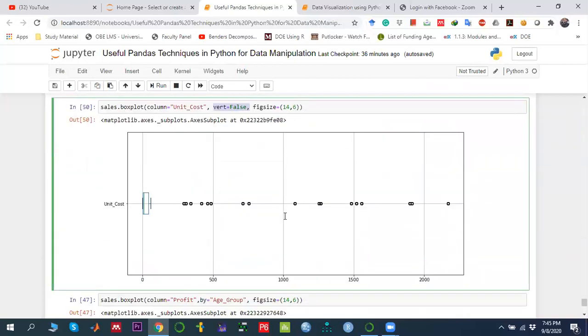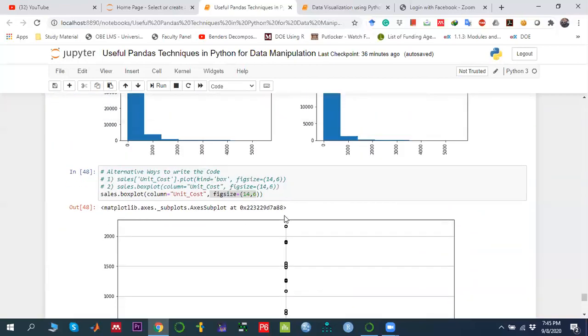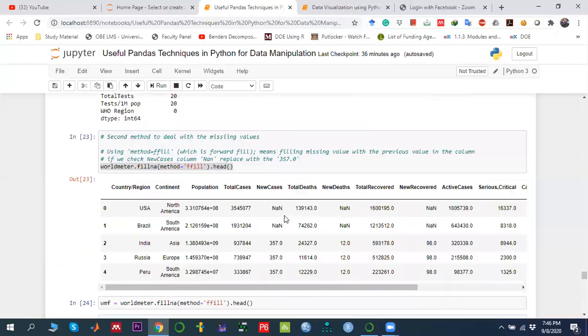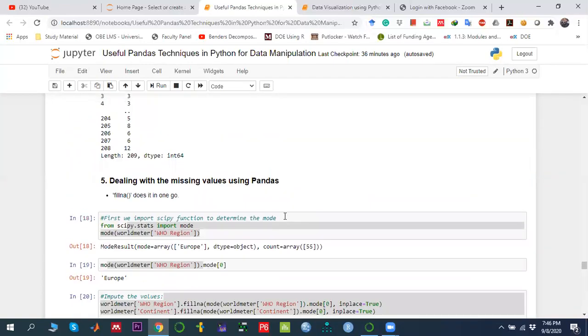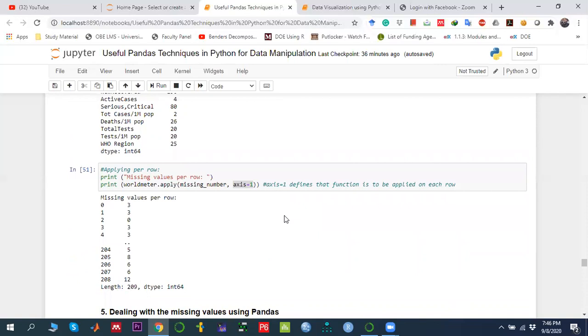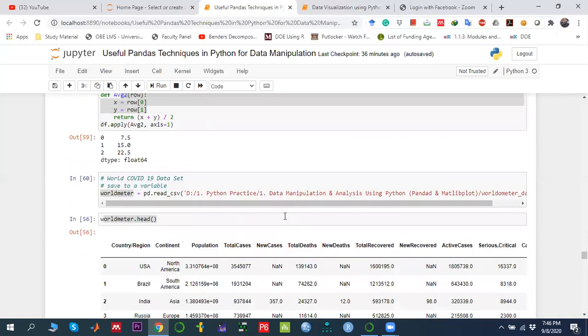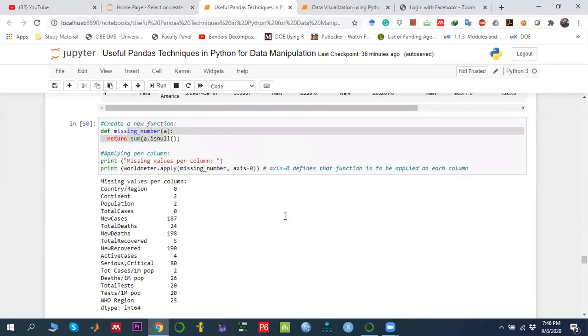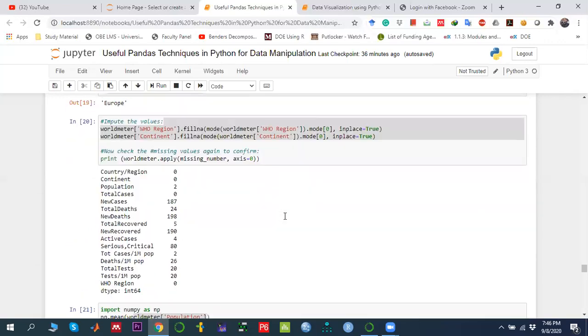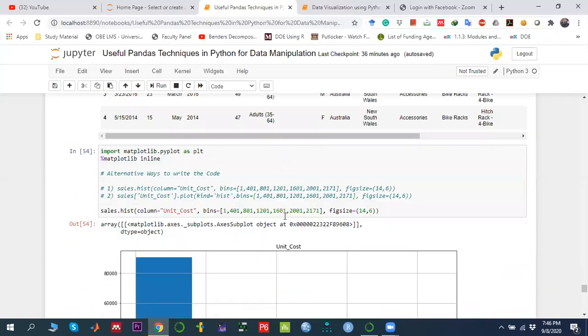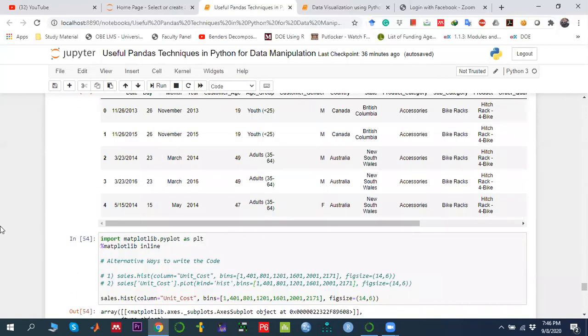So I hope you understand how we can deal with the missing data, how we can define a user-defined function, and how we can pass that user-defined function to the apply function in order to perform different types of computation, as well as how we can draw the box plot as well as a histogram using the